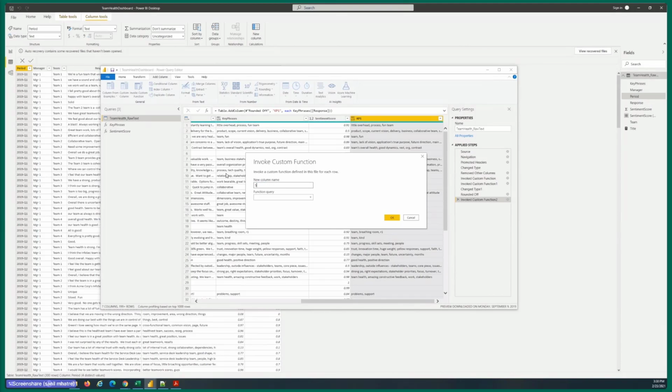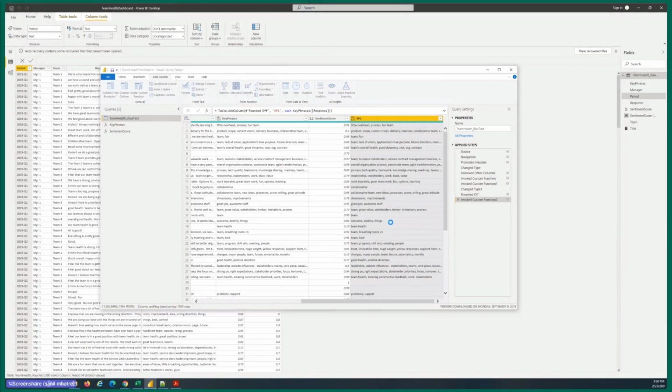So I'm simply going to call it SC1, and from the drop-down list, select your sentiment score function query. Again, in the text, use your response field as the input. Click OK.